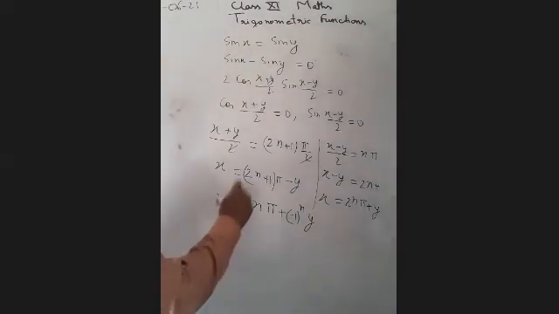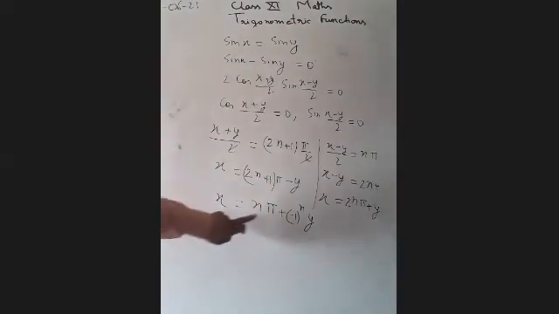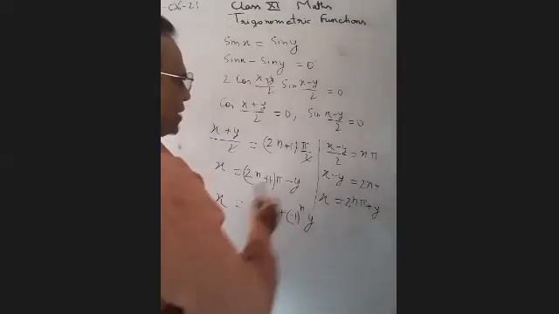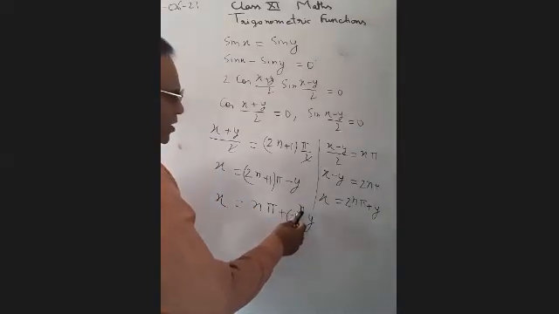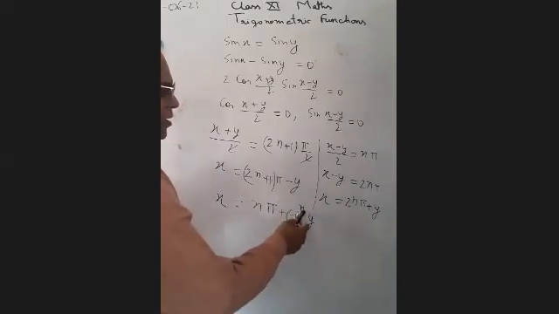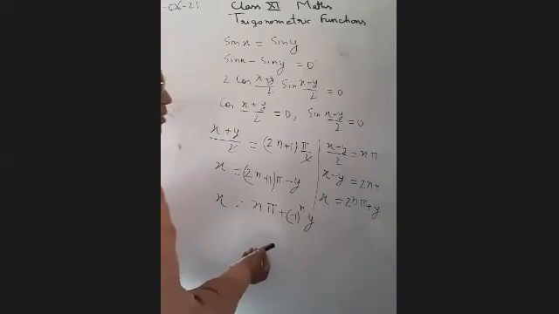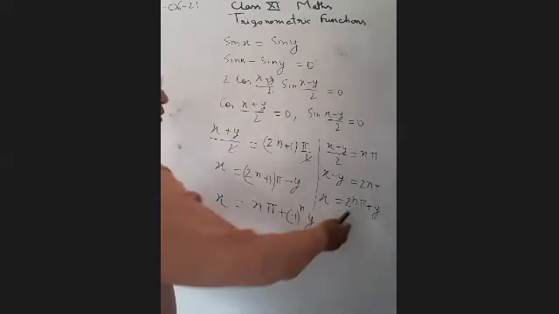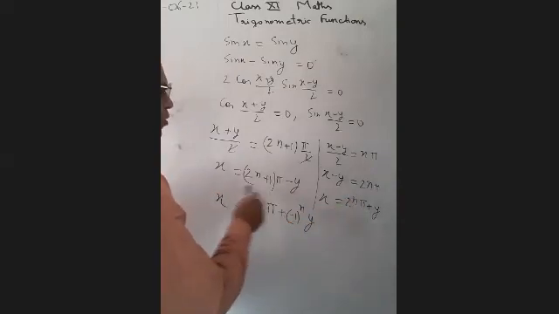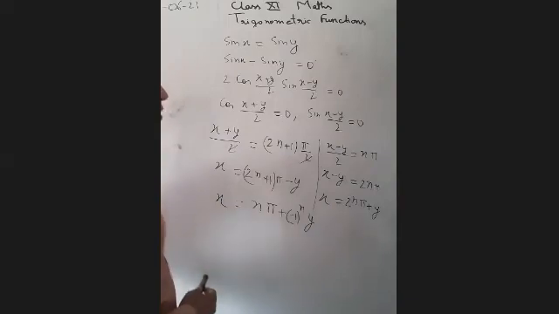This is looking from odd. x is equal to n pi plus minus 1 to the power n. Minus 1 to the power n we have given because we are getting one time plus, one time minus. If we put n is equal to 1, then it will be minus. If you take n is equal to 2, an even multiple, then it will be positive. You are observing here, in case of even multiple we are getting plus sign. In case of odd multiple we are getting the minus sign.